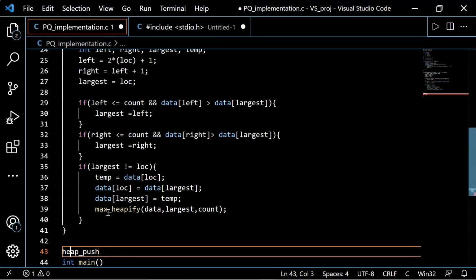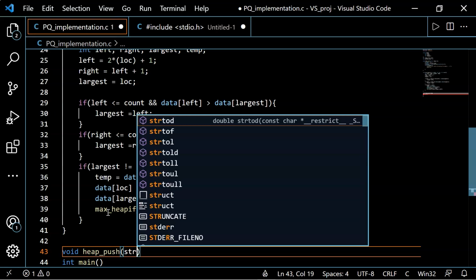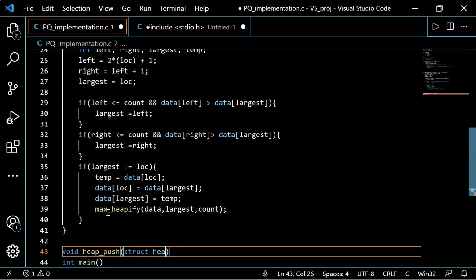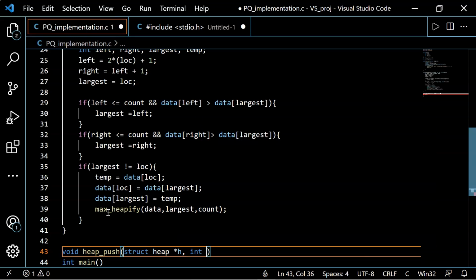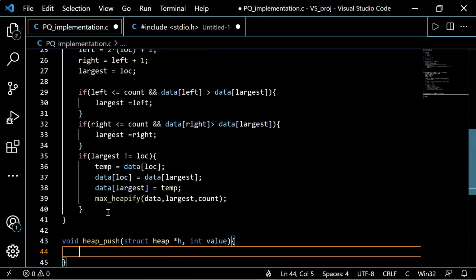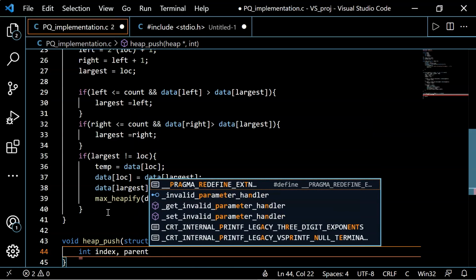So we'll call it void heap_push, and we'll pass arguments struct heap *h, int value, and inside this function we'll create a few more variables, int index and parent.